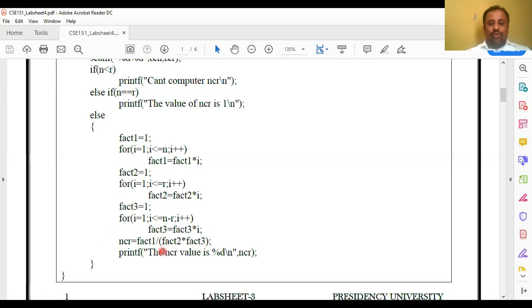So fact1, 120, divided by, what is the fact2? Fact2 is nothing but 6. The fact3 is nothing but 2. 2 into 6, 12. So 120 divided by 12, 10. 10 is stored in NCR. So the NCR value of 5C3 is nothing but 10. 10 is displayed. So this is how, without using the user defined function, I am writing the code for computing